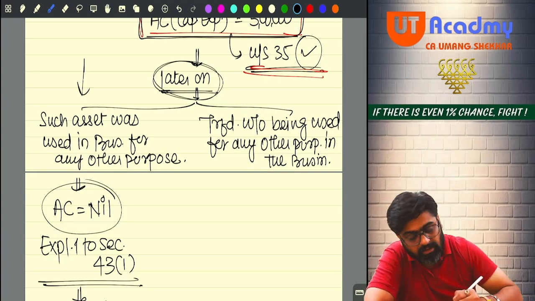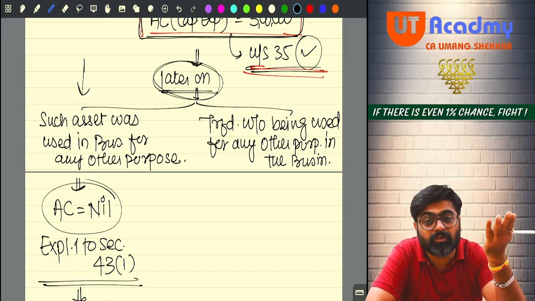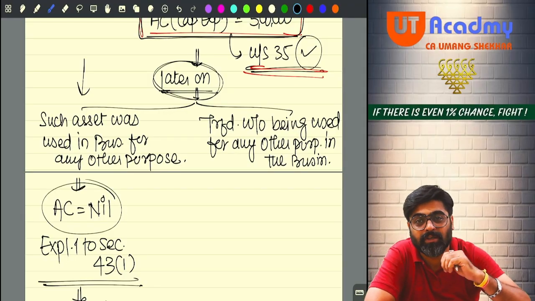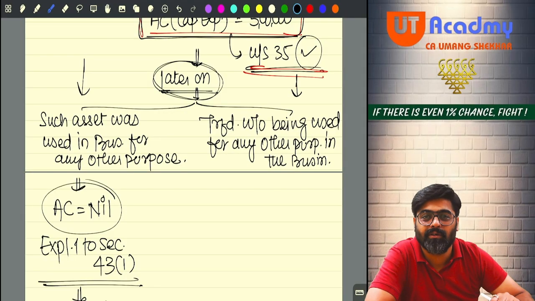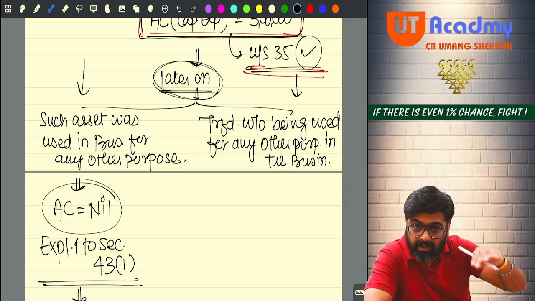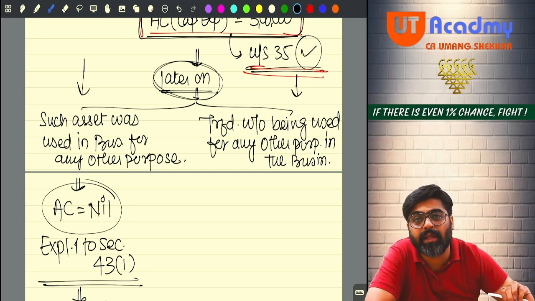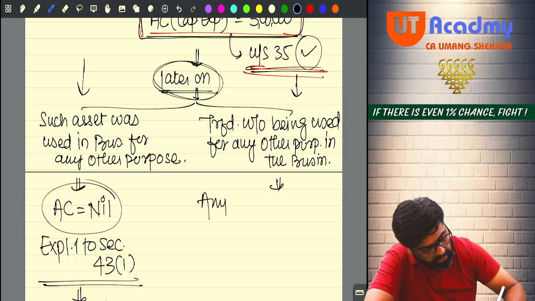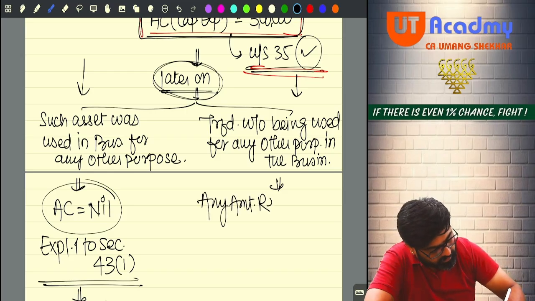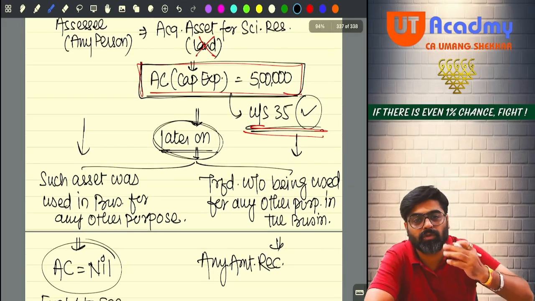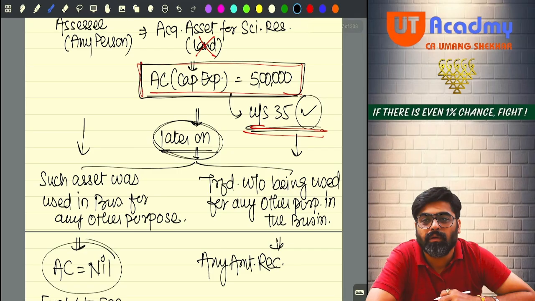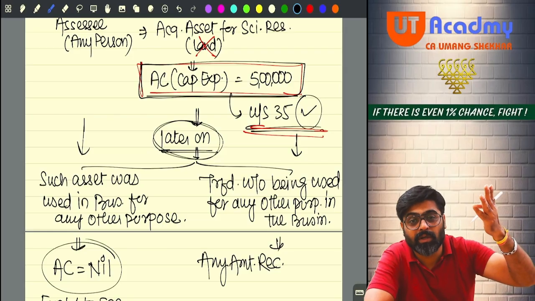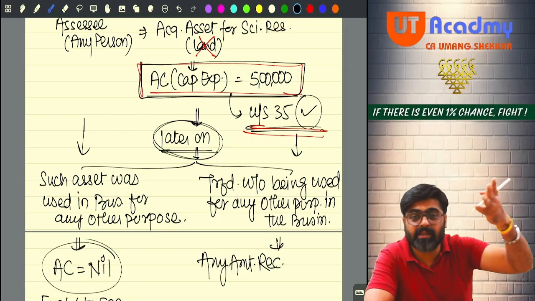Here, in the first case, the asset was not leaving you. From your scientific research, it was with you only, but it was used for your other normal business operations. Now, here the asset is leaving you, but without that asset coming to your block, it is leaving you from scientific research. Getting my point? In this case, what will you do? Any amount which was recovered is recovered out of this cost only, no? That cost only is recovered. The cost which was allowed as deduction under the PGBP head. Against that, this recovery is made.